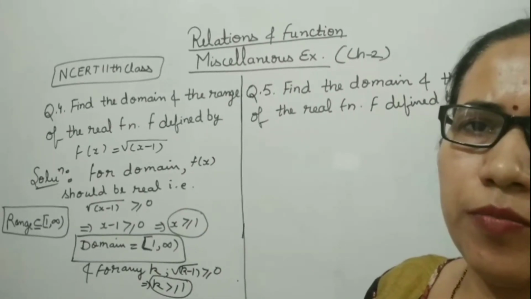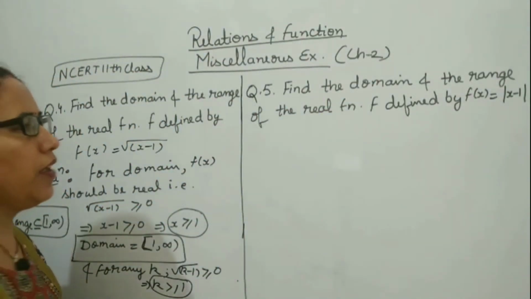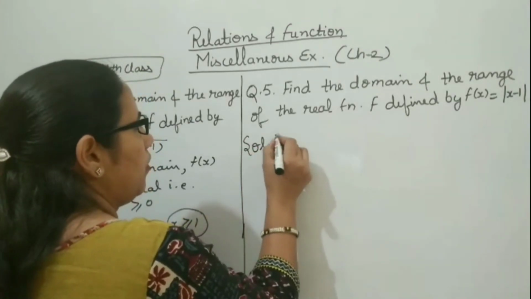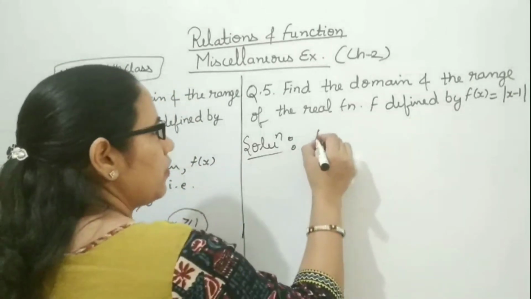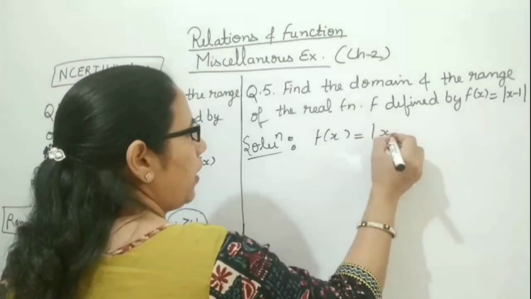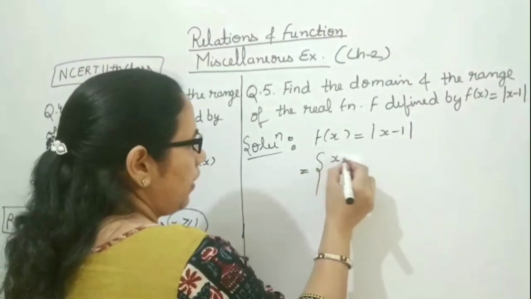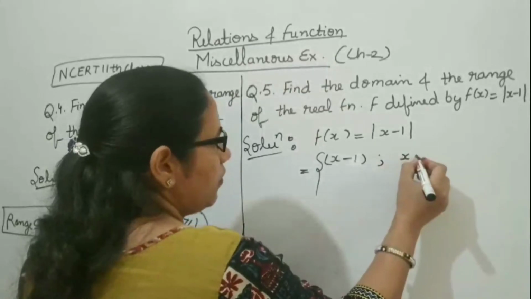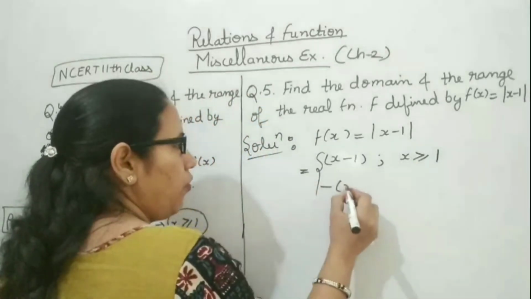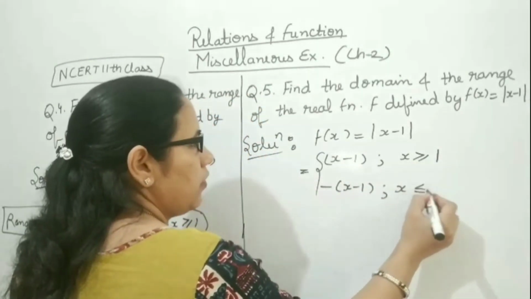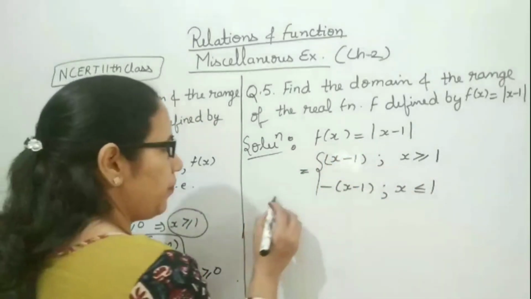Now start with question number 5. Question number 5 is given as: find the domain and the range of the real function f defined by. In this question also we have to find the domain and range for the real function f(x) defined as mod of x minus 1, and we have to write the value of mod as such: x minus 1 for x greater than or equal to 1, and minus of x minus 1 for x less than or equal to 1. We have to define mod as such. Okay, then